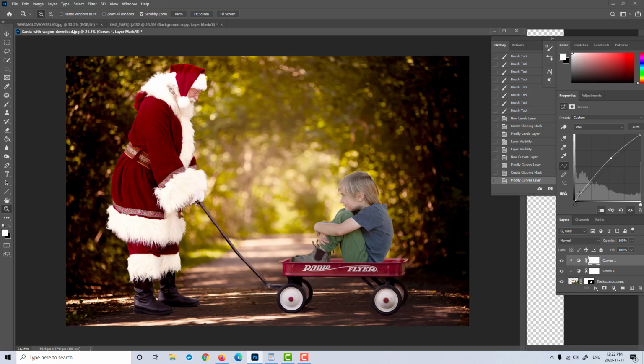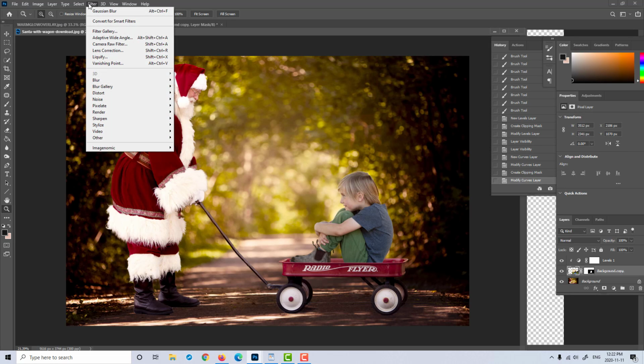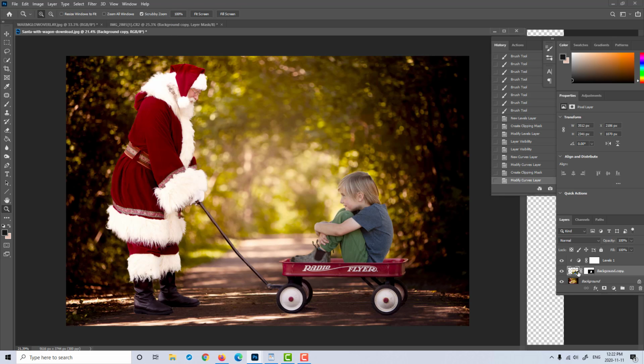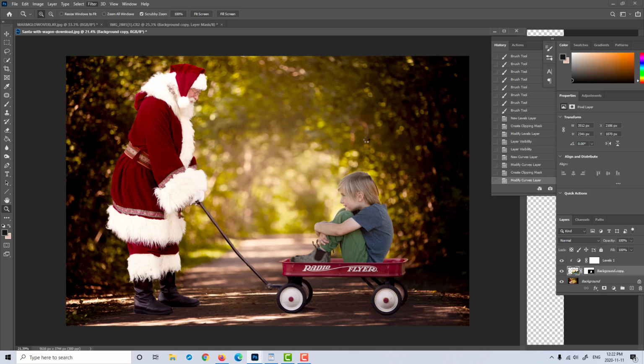There we go. And then pull back, give him some contrast there. Beautiful. Now I'd also like to make him a little bit warmer, and you can do that in a few different ways. I like to use the camera raw filter, so I'm going into filter. I've clicked on his layer, camera raw filter,